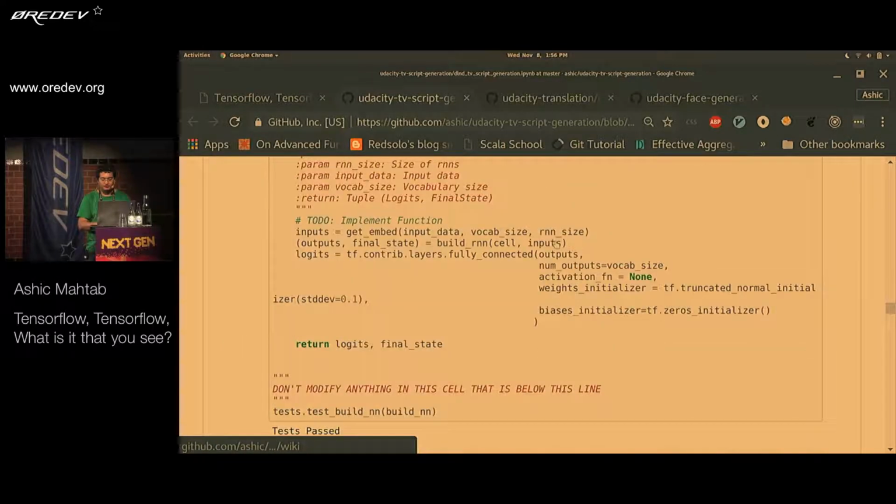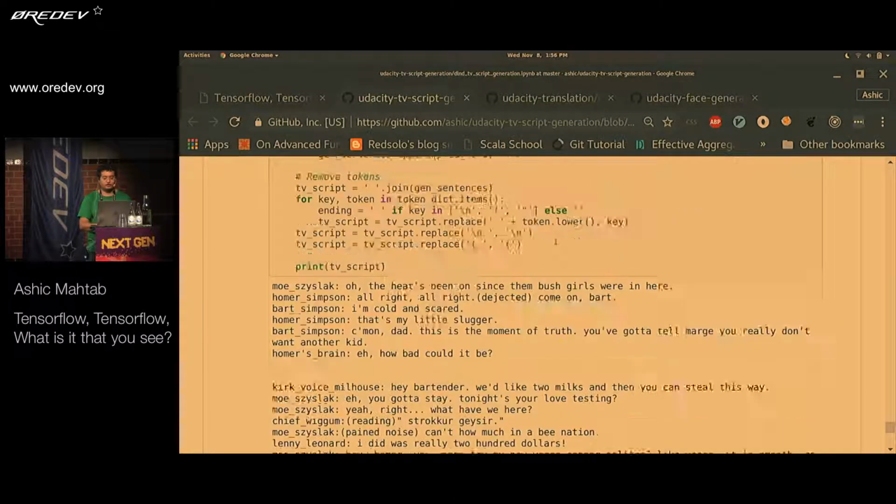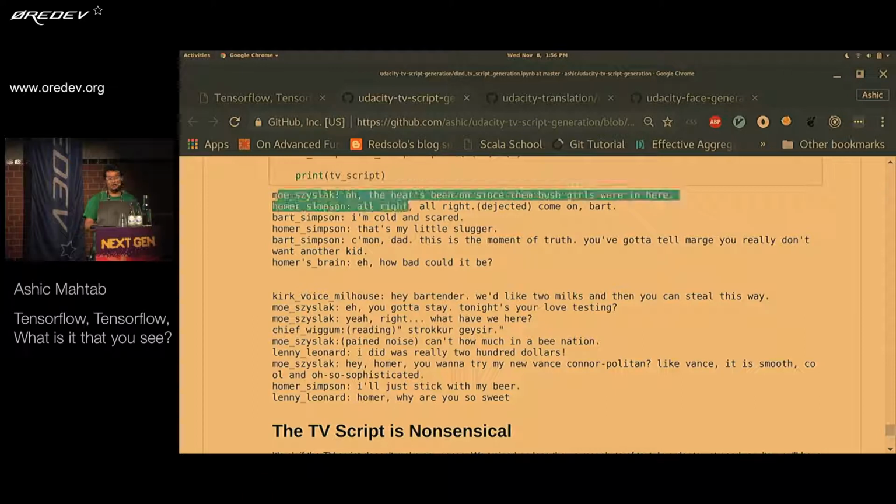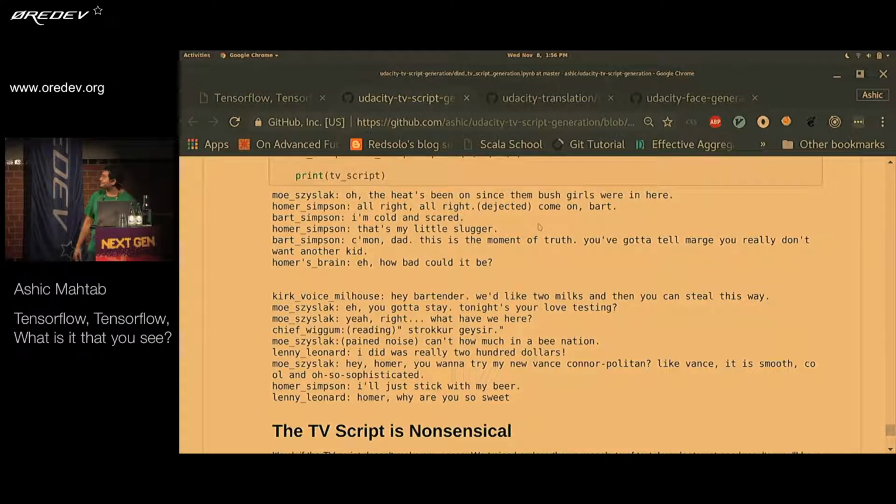As an example, this is a model that's been trained on episodes of the Simpsons. We haven't told it any meaning of English or word meanings or anything. Just by analyzing Simpsons episodes, it comes down to this sort of text, which may or may not make sense, but neither do the Simpsons.